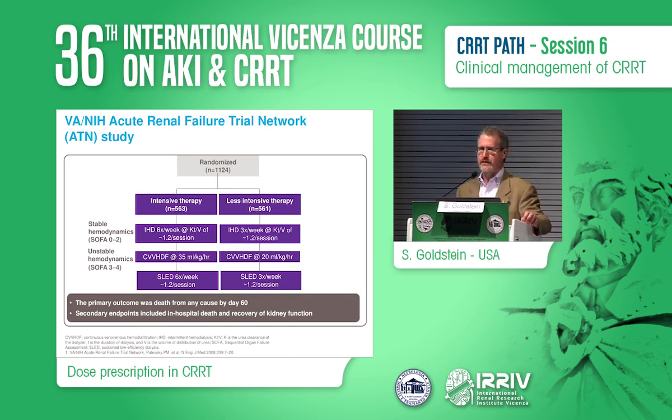So the patients who received the less intensive strategy received intermittent hemodialysis 3 times a week with a Kt over V that was measured at 1.2, and patients who received CVVH as they got sicker received 20 mils per kilo per hour or SLED. Patients who were randomized to the intensive arm received 6 times weekly intermittent hemodialysis, and those who became more unstable received 35 mils per kilo per hour. The primary outcome was death from any cause by day 60, and the secondary endpoints included in-hospital death and recovery